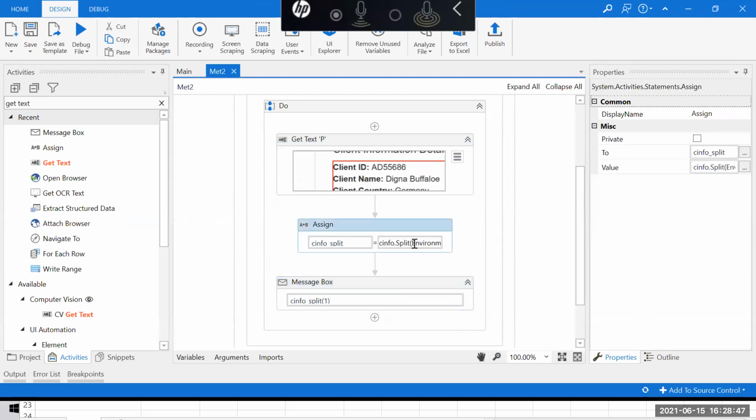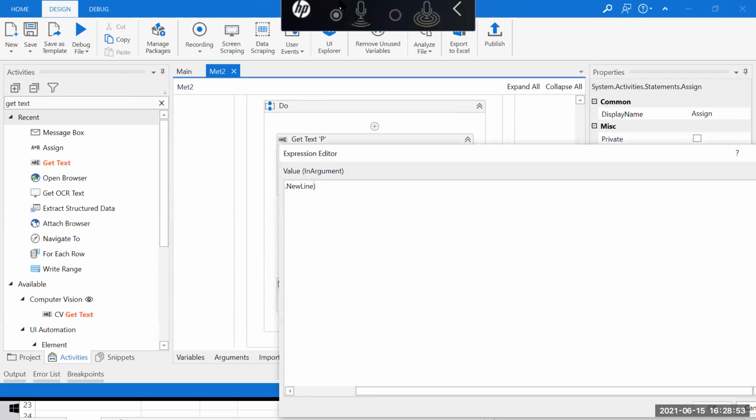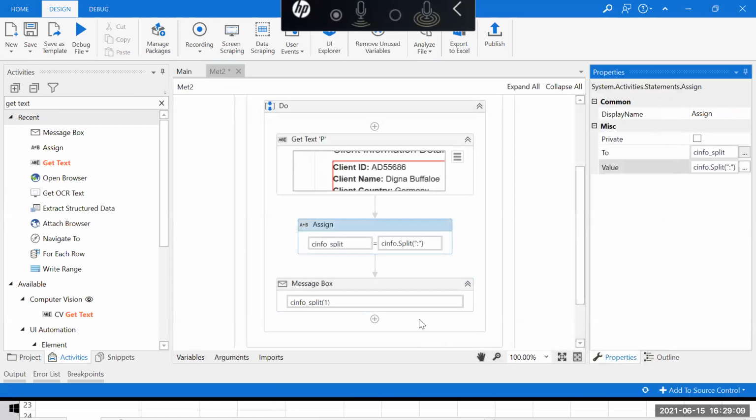It's an out of bound error. Instead of new line, you can do VBC here. See what will happen if I remove even this one. I'll show you what is actually happening.